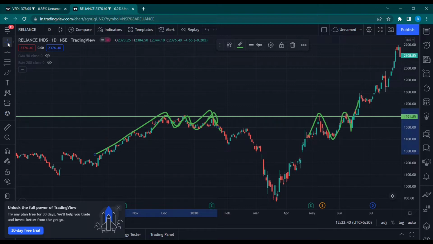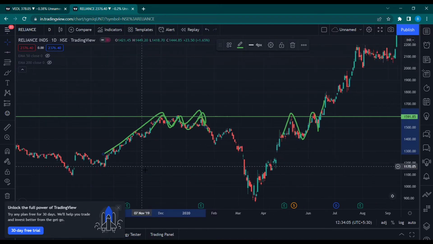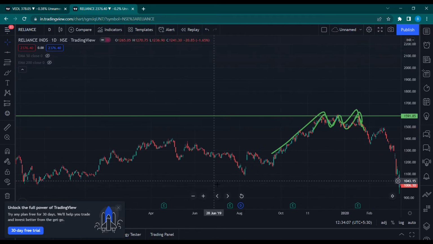The word is self-explanatory. Resistance is any level which cannot be crossed by the prices. Whenever the prices cannot cross a level, they hit that level each time and then reject it. That is what we term as a resistance. Similarly, there is one more important level, which is what we call a support level.